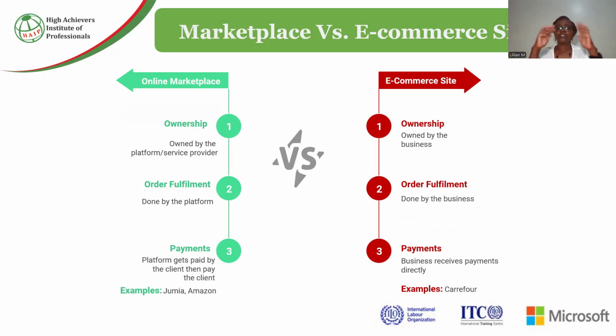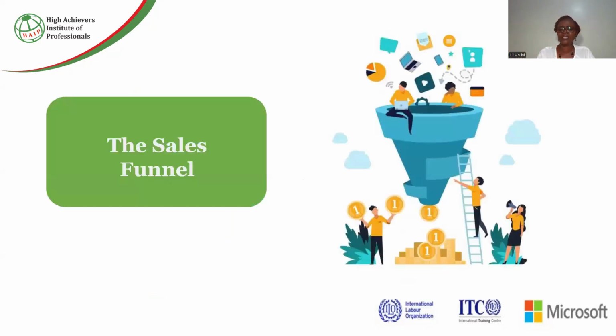A regular website shows things. It is just almost like social media. It shows things, but it doesn't have the additions like placing things in a cart and then making payments from there, where all you get is a prompt on your phone. If you choose M-Pesa and then you just put in your PIN, and then on the screen it shows you that your order has been paid for. Now, those are different. When you do that, that is when you're said to be having an e-commerce site.